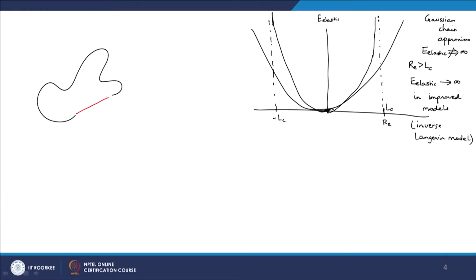Just like if I want to stretch a spring, I have to apply a certain force to get it to a certain length. In the same way, if I want to maintain a certain value of RE, I do have to apply a certain force to it. Okay? And the force is given by the derivative of the energy, because energy is given by the force multiplied by the displacement, the integral of that. In the same way, the force to hold